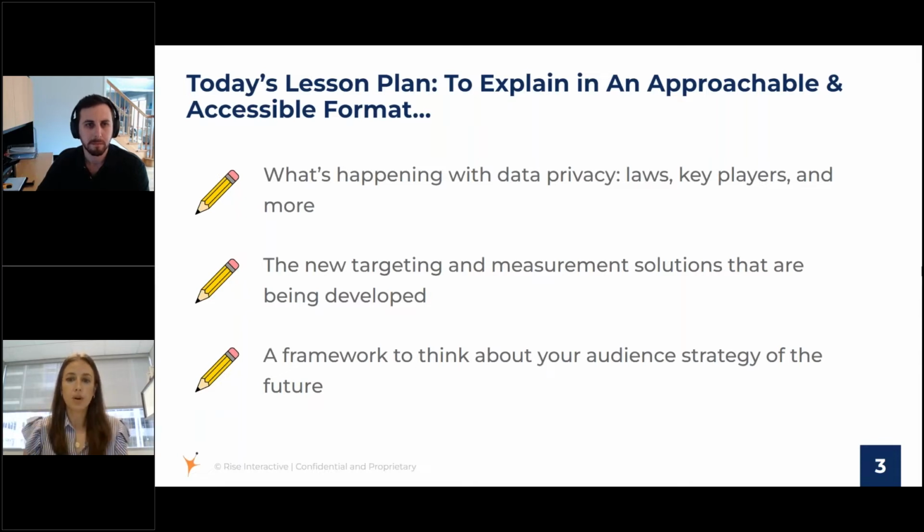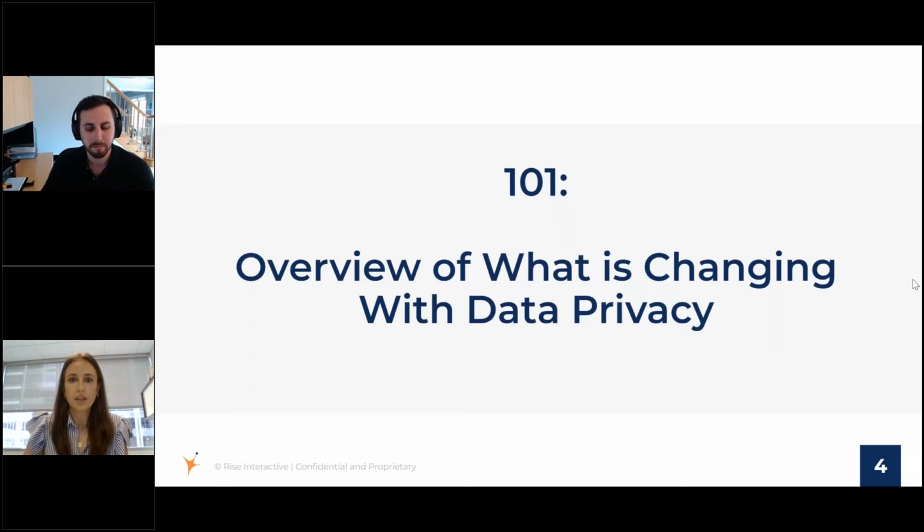And then we're going to put all of those tools and solutions into a framework that we are using here at Rise to help our clients think about how you should structure your audience targeting strategy tomorrow, depending on your business goals and needs. And so we're going to jump in with the 101 level overview of what's changing with